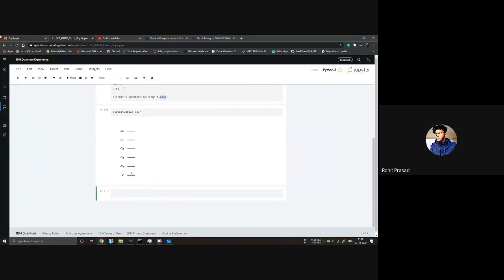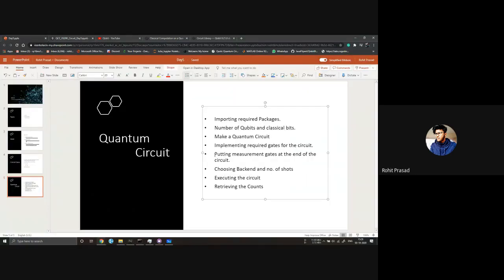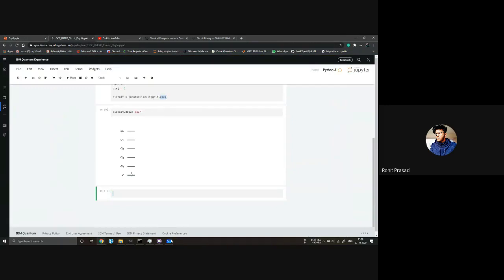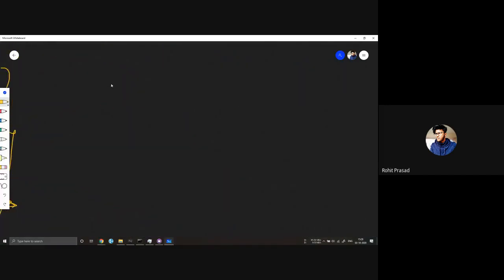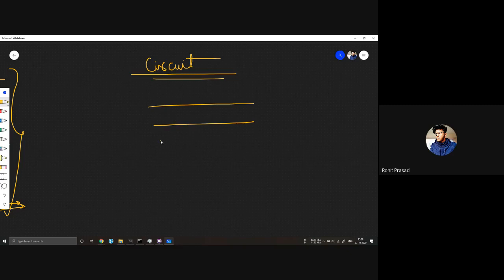So the next step that we have to do is implementing the required gates for the circuit. Let's say I want to make a circuit with qubits 1 2 3 4 5.